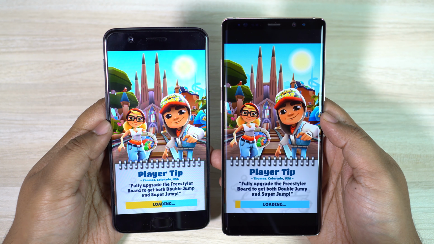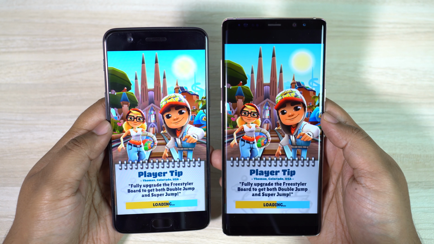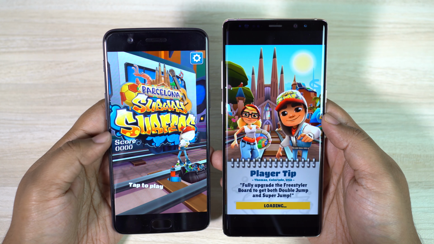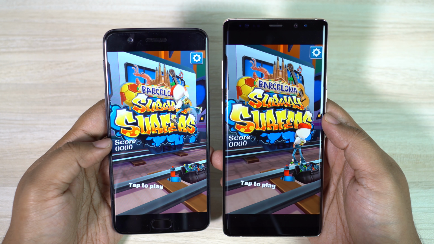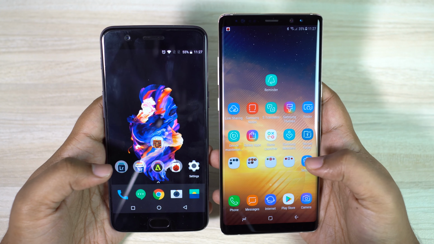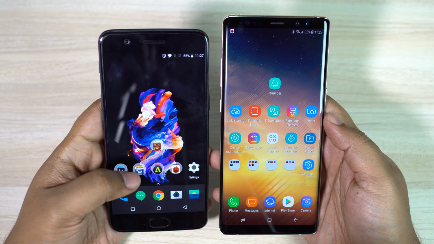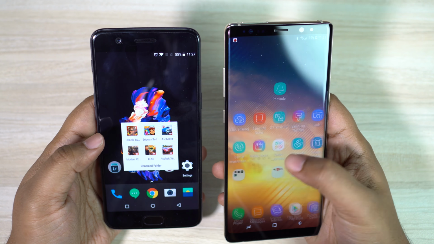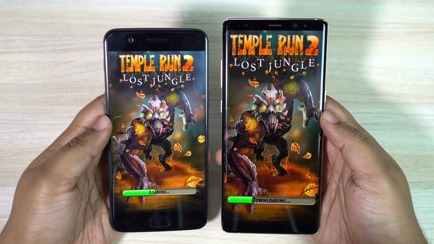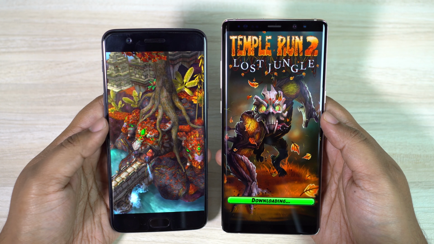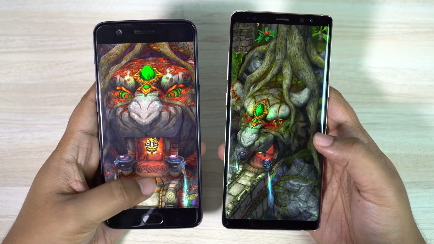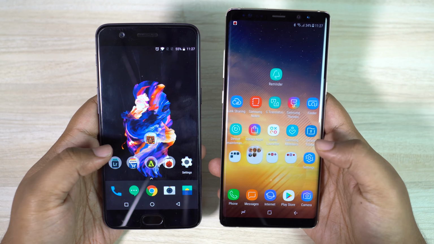Now in this gaming test, I think we can come to the conclusion which device is actually faster. So let's start with Subway Surfers, and as you can see guys, OnePlus 5 beats Galaxy Note 8 black and blue, but I want to try a few more games. So we have Temple Run 2 here, and let's see what happens. Once again OnePlus 5 is much quicker in loading this game,